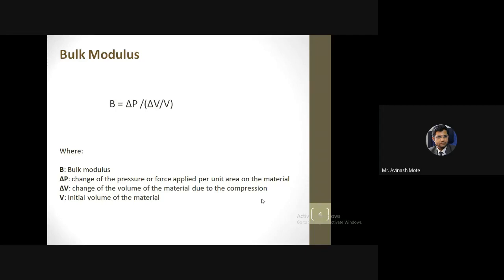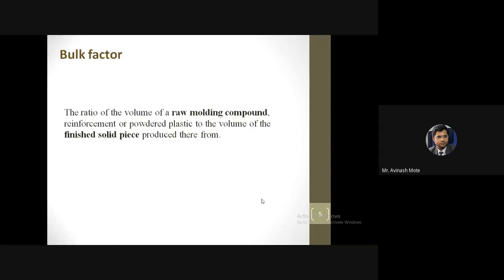So ultimately we have to calculate the volume of raw material required. This is the bulk factor, a ratio of the volume of raw material to the volume of the final product. Out of this, we know the volume of the final product, we know the bulk factor. Based on that, we have to calculate the volume of compound, the volume of raw material.